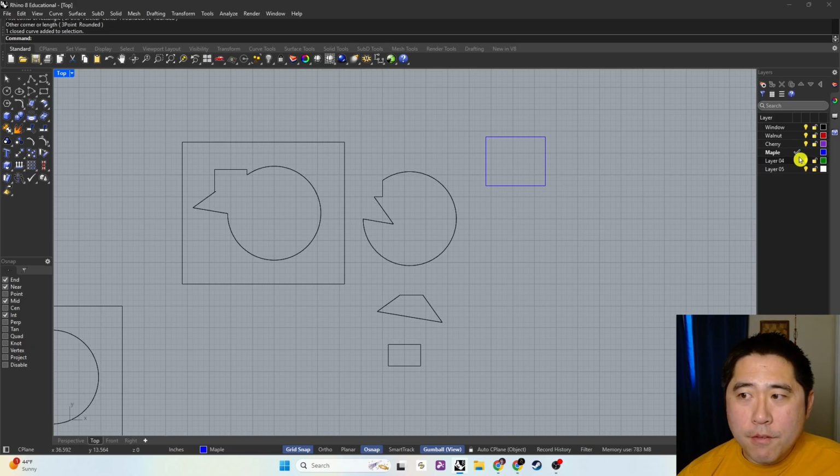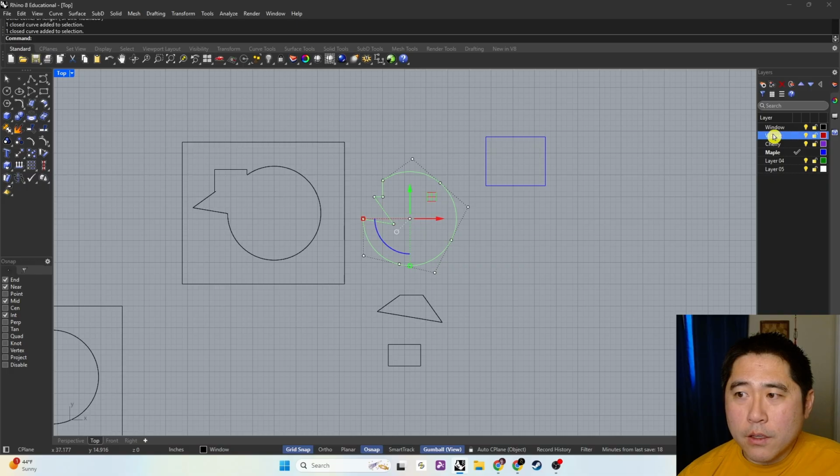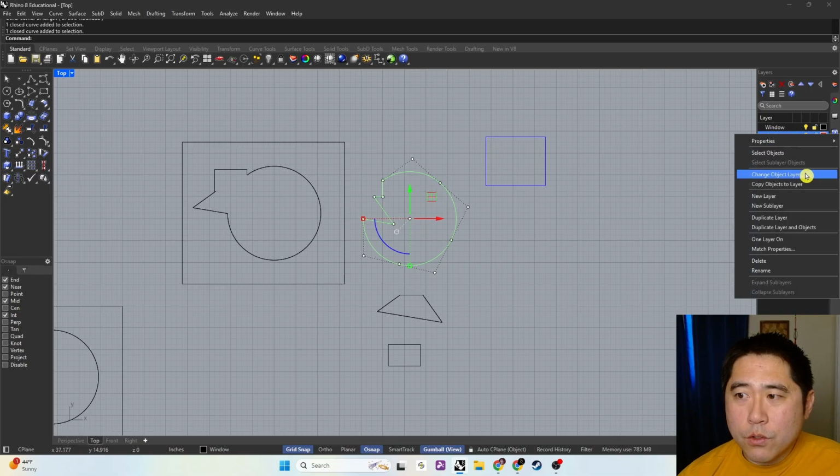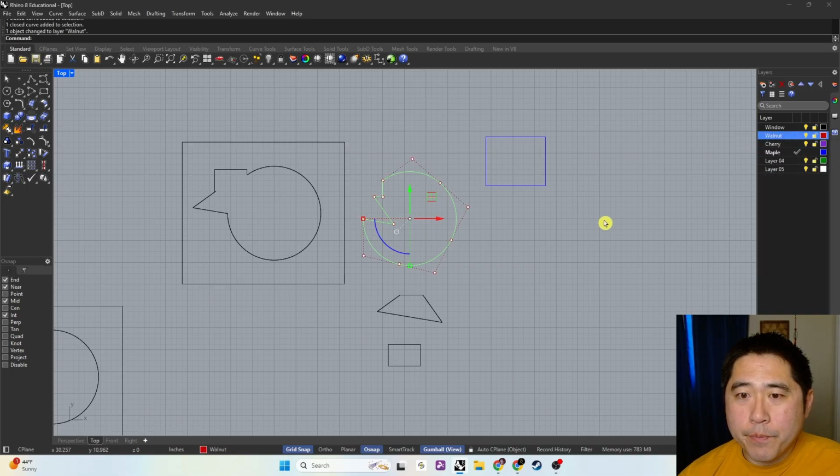Now that I have these different layers created, let's change the object into the next layer. So I'm going to select this. Remember I said this was walnut. Let's change it into the walnut layer. So I can either right click on walnut and then go to change object layer. Now if I left click off of walnut, you'll see I'm in the walnut layer,